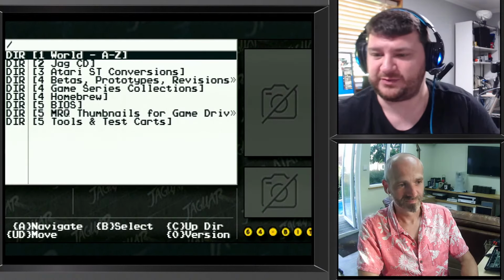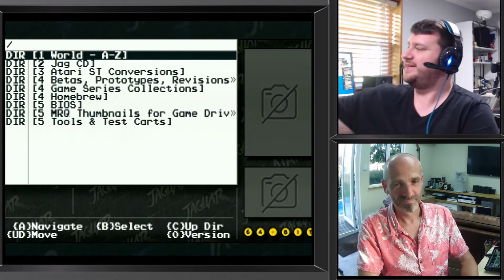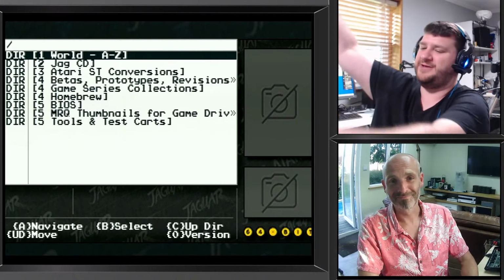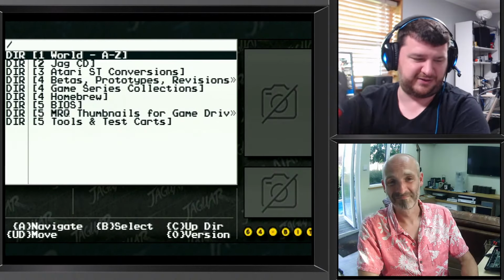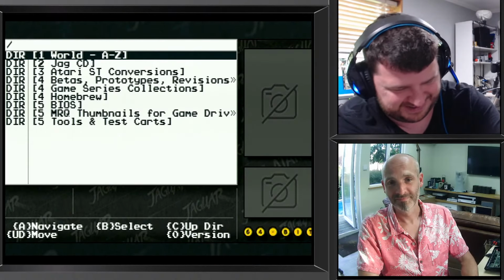I'll keep the bags with the controllers. I like to put them back exactly the way I found them, so whoever gets them next has the feeling that they're opening something new. And I mean, it's as close to new as possible. It's going to have 15 minutes worth of play on each of these, so...